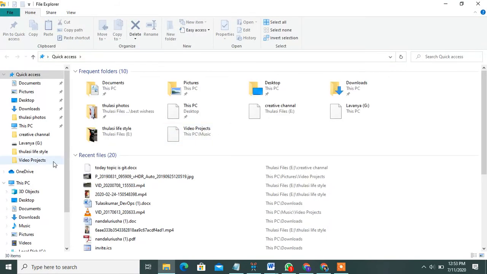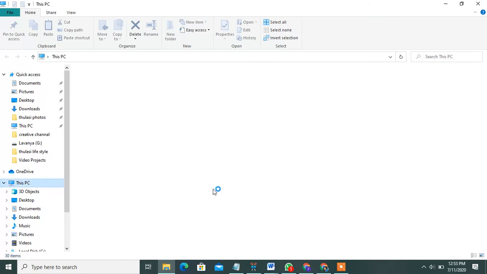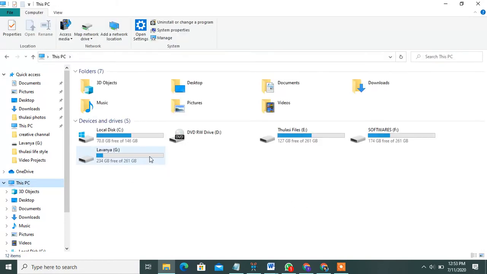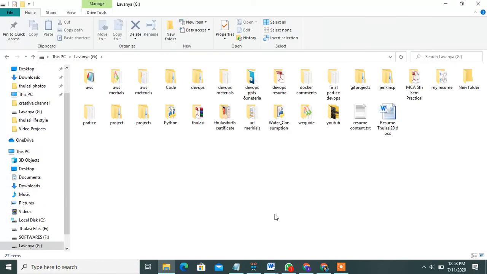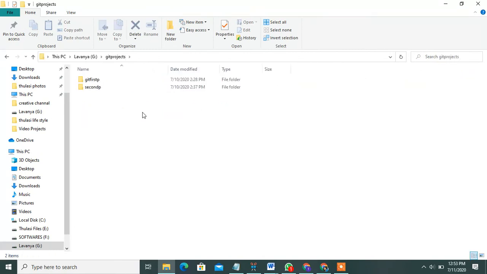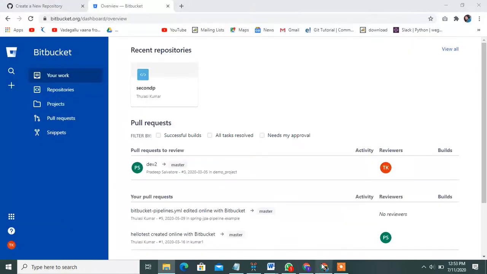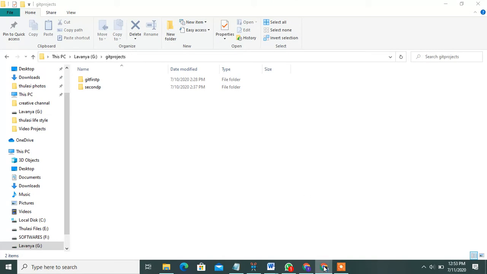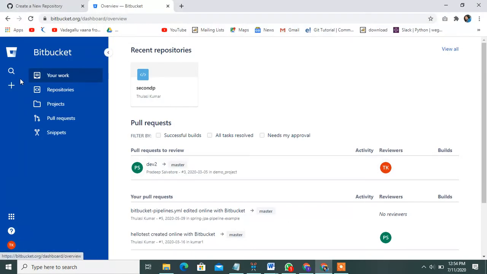Today also I will show you where my repositories are stored. Guys, in the Git project, today I also created one new repository for your understanding.